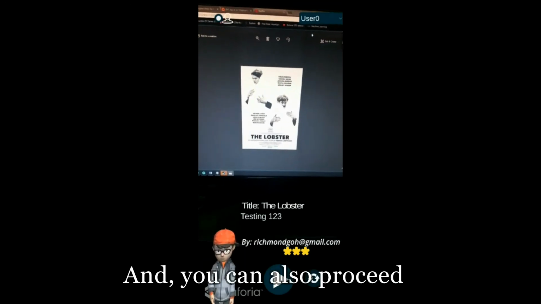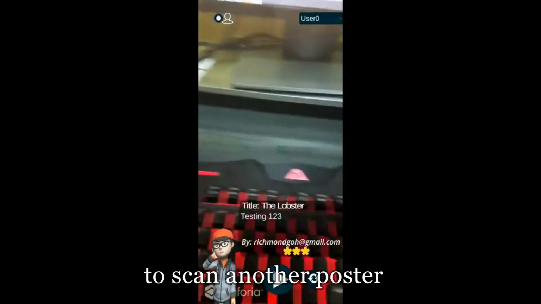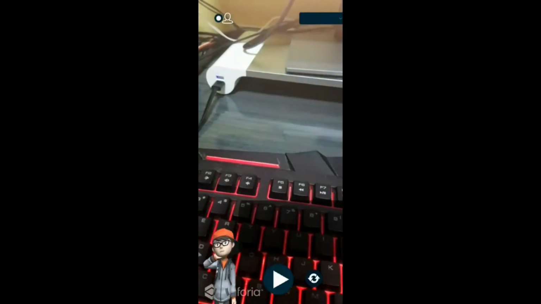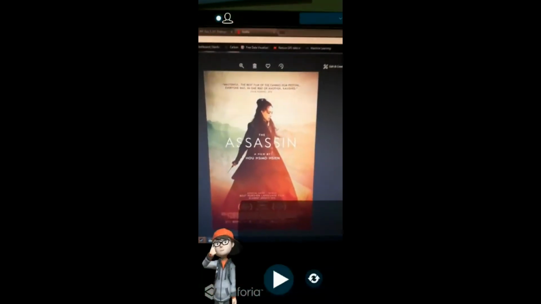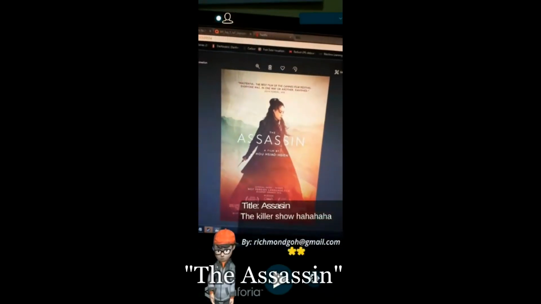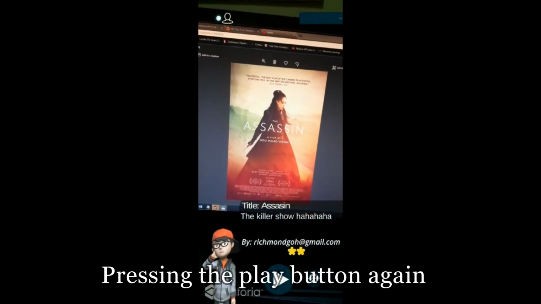And you can also proceed to scan another poster, so you can just press the restart button. And let's see if we have a new poster over here. Yes, and then it also displays the assassin, which is the killer show. Pressing the play button again,